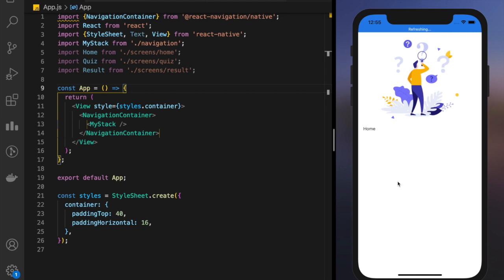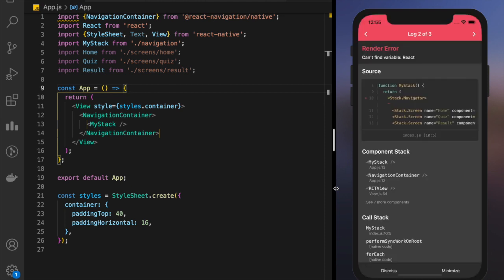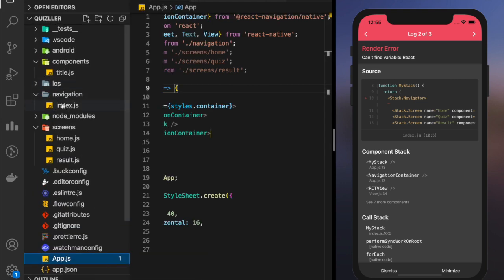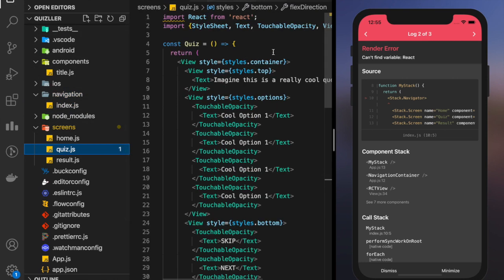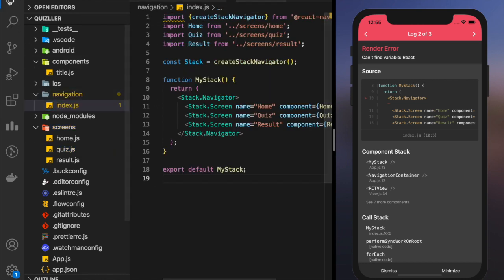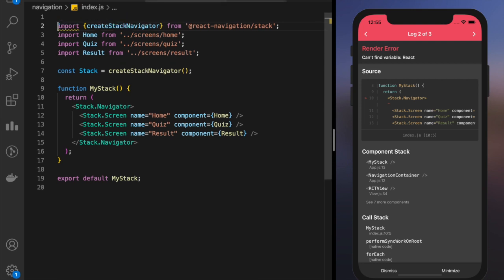Okay, come on, that is taking some time. I hope by now you must be a little clear with the React navigation. I'll make a separate video covering all the navigations and all. Okay, it can't find the variable React. Very common error when you copy a code. We need to import React here, so just copy it from here only, this thing. After all, your React Native is based on React, so we need to import React here.